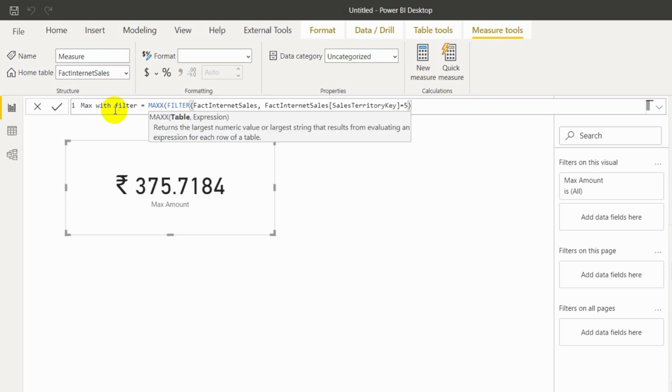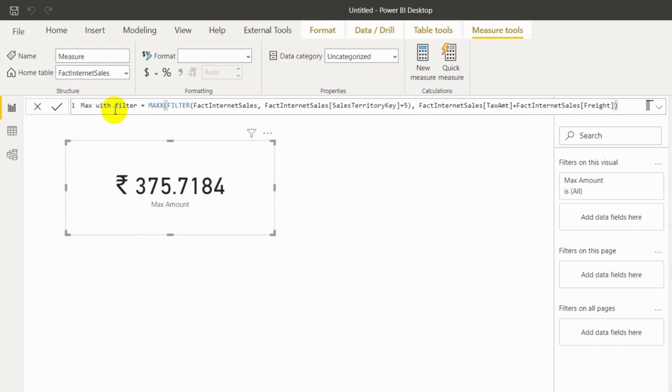Then only I want the maximum amount: tax plus freight. Enter it.